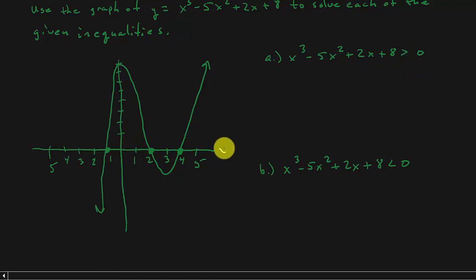Here's your x-axis and this is your y-axis. Whenever the graph is above the x-axis, that's when it's positive. You can see the graph is above the x-axis right here and right here. So you can see from 1 to 2,